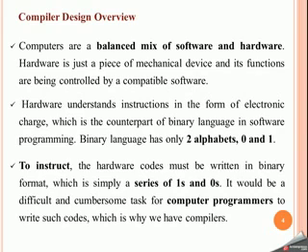Okay, so what are the additional tools that are required in order to get the desired output. Okay, apart from that, let us also have a quick look into what a language processing system is, because these two things are also very important. Okay, so we are aware that computers are a balanced mixture of hardware and software. We know that hardware is a mechanical device, whereas software is a logical unit that controls the hardware.